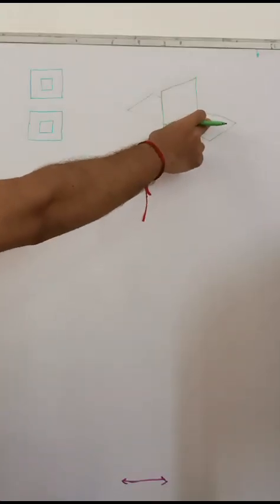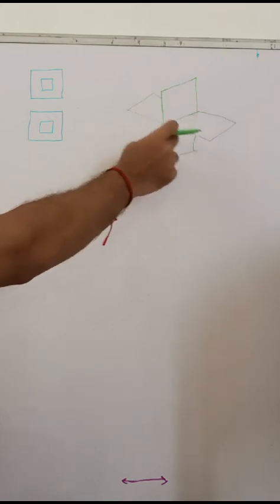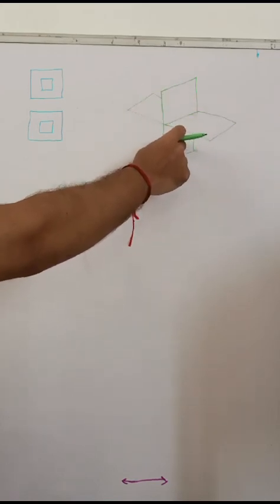So this is the first quadrant, this is second, third and fourth. And if you see this one,